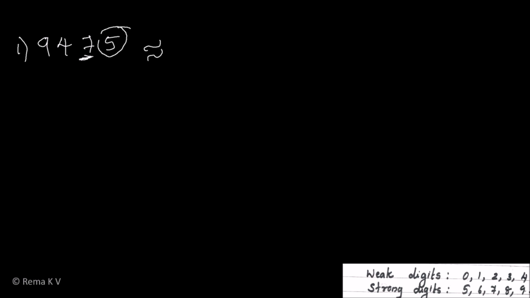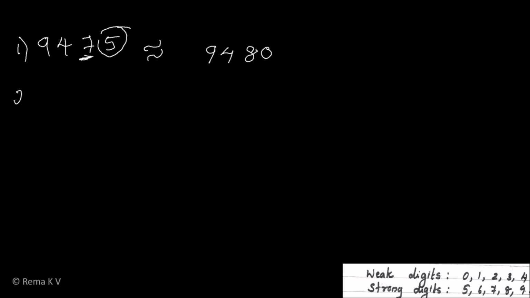While rounding off to the nearest tens, you have to write the tens place 0. Then check the digit in the ones place. If it is a strong number, add 1 to this 7. 7 plus 1, 8. Write the remaining digits as it is. Once again, rounding off a number to the nearest tens, you have to put 0 in the ones place. Then check the digit in the ones place. If it is a weak digit, write this as the same. If this is a strong digit, add 1 to this. Okay, 7 plus 1 gives 8 here and write the remaining digits as in the question.